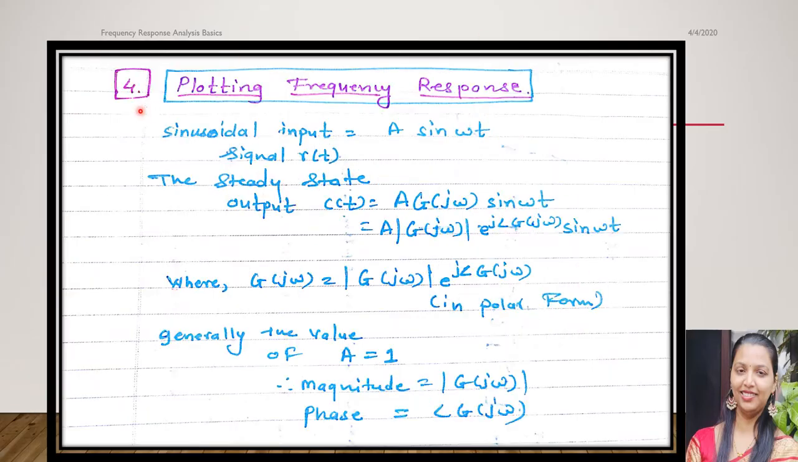Point number 4, plotting frequency response. The frequency response of a linear time invariant system can be obtained by applying a spectrum of input sinusoids to the system. We have already studied that when a sinusoidal signal A sin omega t is applied to the system, the steady state output